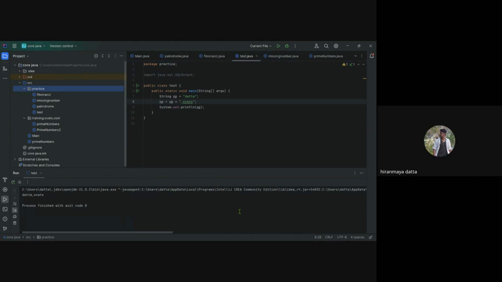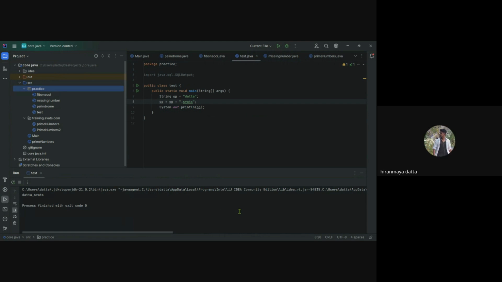But when we concatenate two strings, we changed it, no? We assigned OP Datta, and then modifying OP with OP swats, now we are getting Datta swats. We changed it, no?